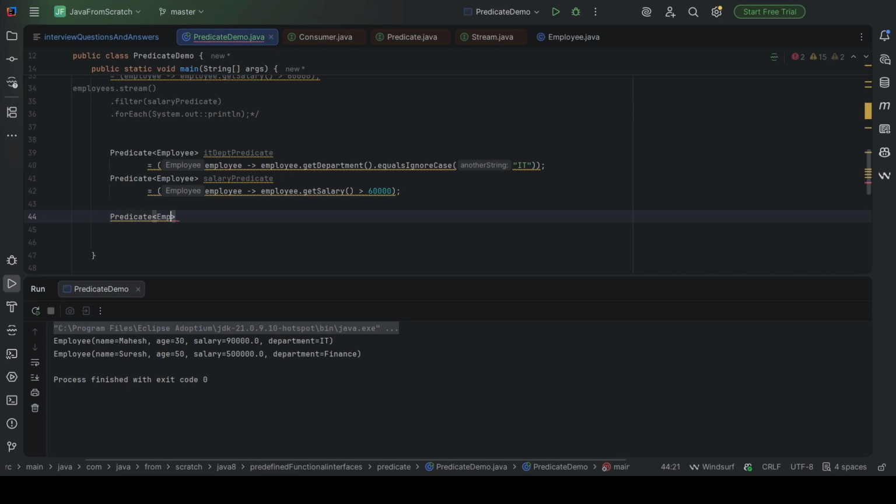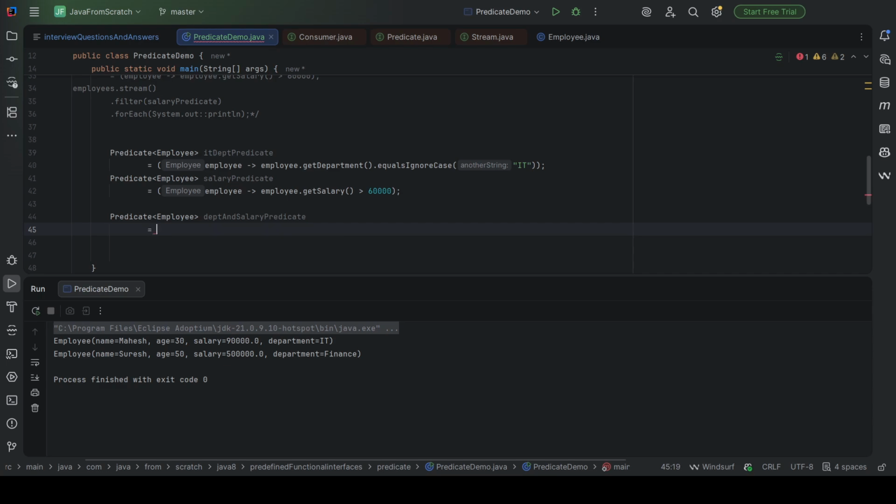Predicate of Employee, IT department and salary predicate equal to, such that, okay, so now we can combine these two predicates, IT department predicate dot and, we can chain this, and salary predicate. So we created the third predicate.